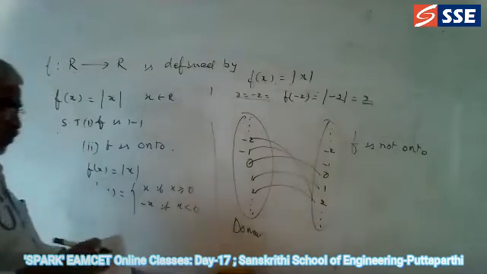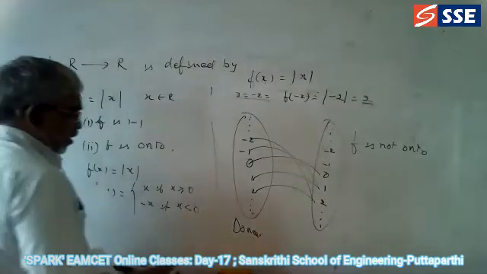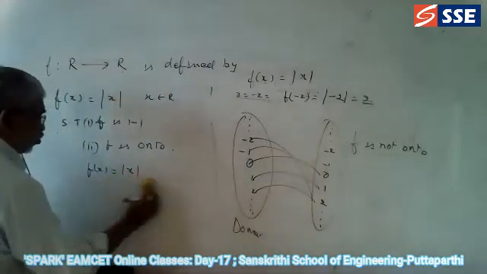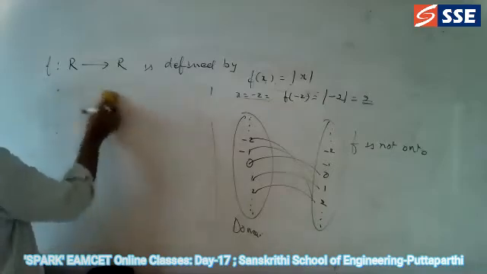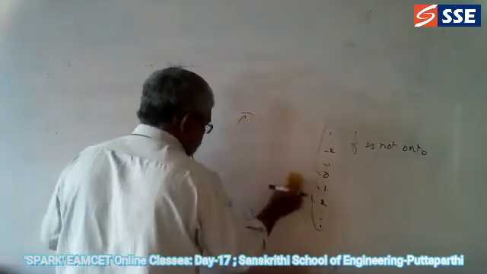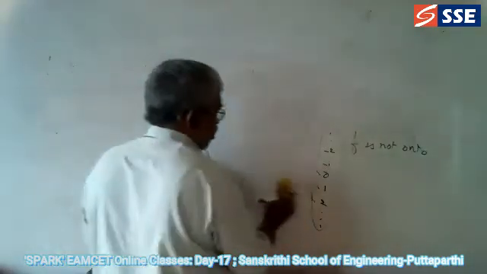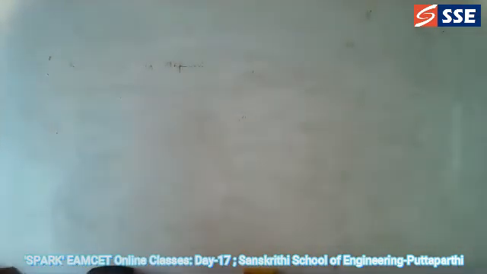Okay. So now we have seen how to find whether f is 1 to 1 and how to find whether f is onto, and what the condition is for not onto and not 1 to 1. So now let us go for another problem, which is an answer problem. All these arguments we have seen. Now let us go for the next problem.